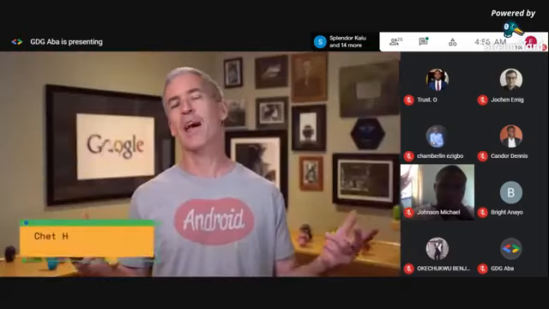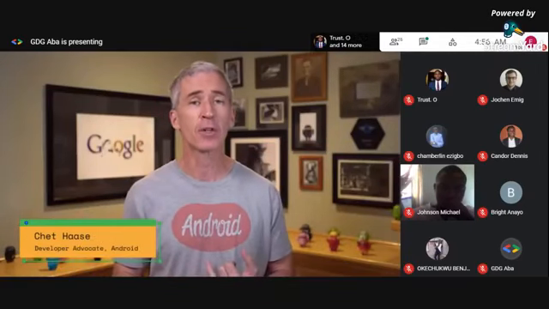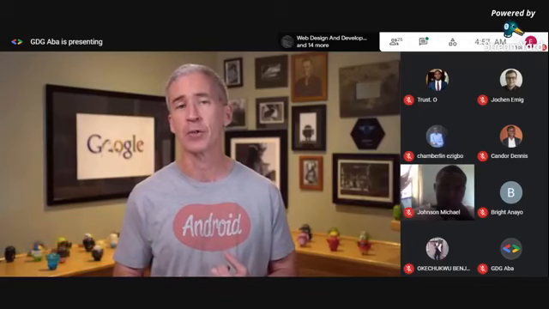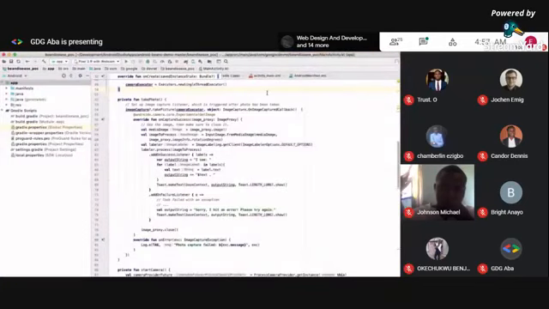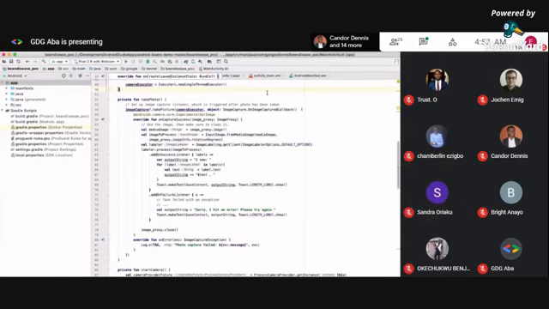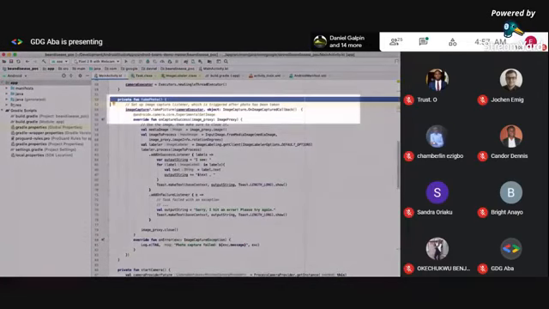I want to create an app that's able to recognize information about plants. It's going to need camera functionality as well as machine learning inference. Let's see what that looks like in code. The app is written in Kotlin and uses CameraX to take the pictures and ML Kit for on-device machine learning analysis. The core functionality is in takePhoto, where we take a picture, analyze it, and display the results.